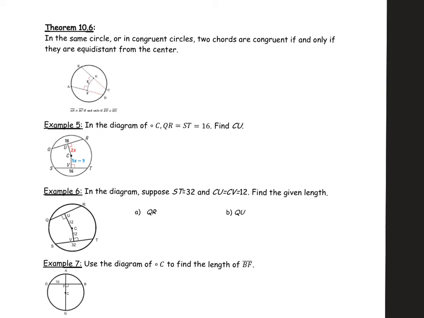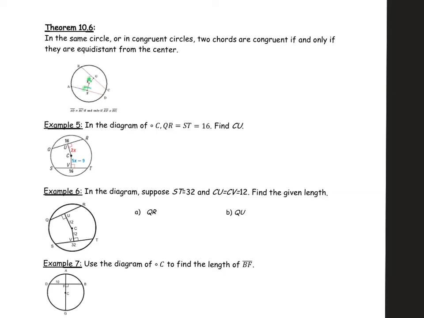Theorem 10.6 says, in the same circle or in congruent circles, two chords are congruent if and only if they're equidistant from the center. So remember, equidistant literally means of equal distance. In this diagram, we see that we have right angles here and here because the shortest distance is always the perpendicular distance. So if these distances are equal,